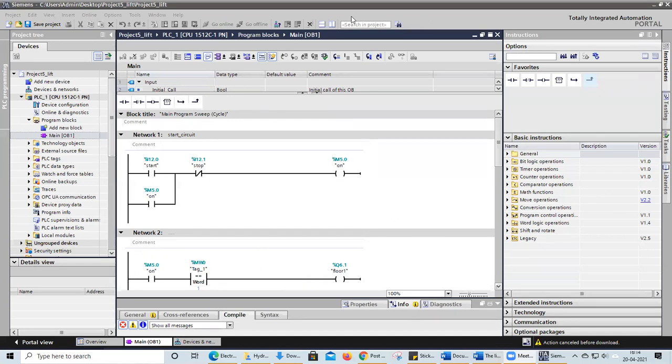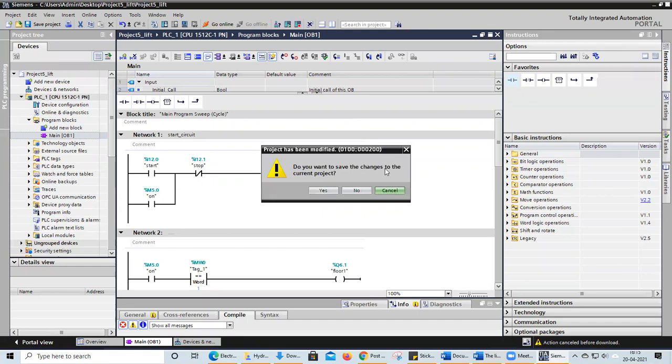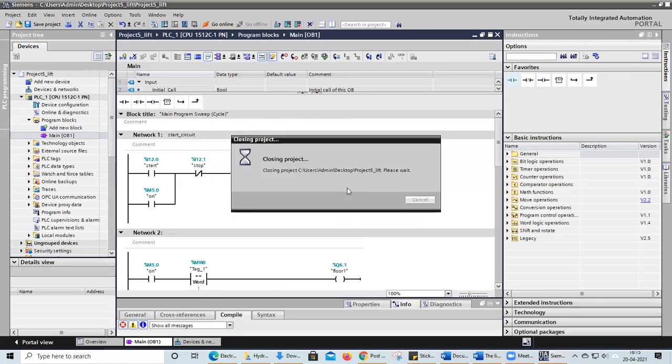Okay, once again, I will close this one and I have to restart, I think so. Otherwise, somewhere. I will close this window. Save no project.